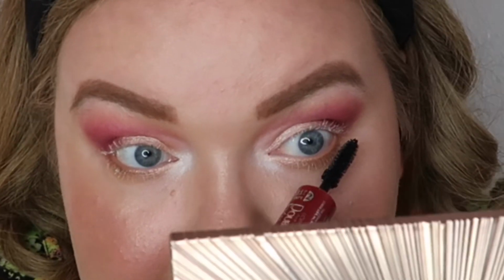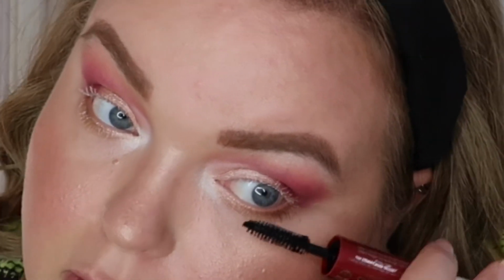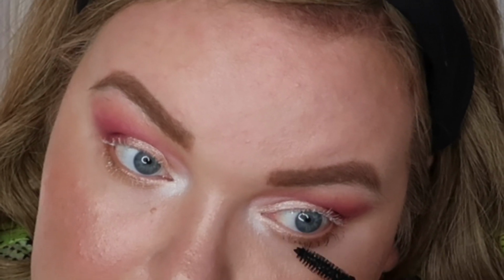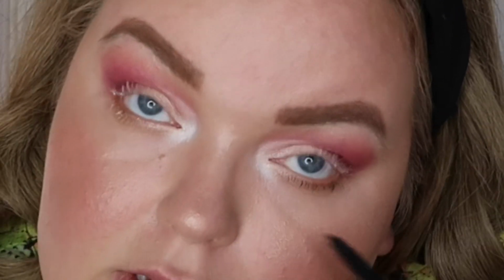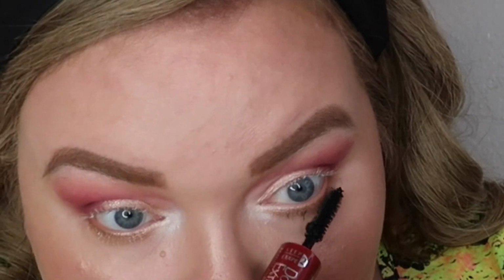I'm gonna double extend, and the reason why I like to use the double extend is because the way that this mascara comes off is like in little tubes. So since my eyes tend to water, I usually with most mascaras would end up with smeared mascara halfway through the day, and that's not a cute look for anyone. So this mascara right here prevents that. It doesn't come off until I actually wash it off,